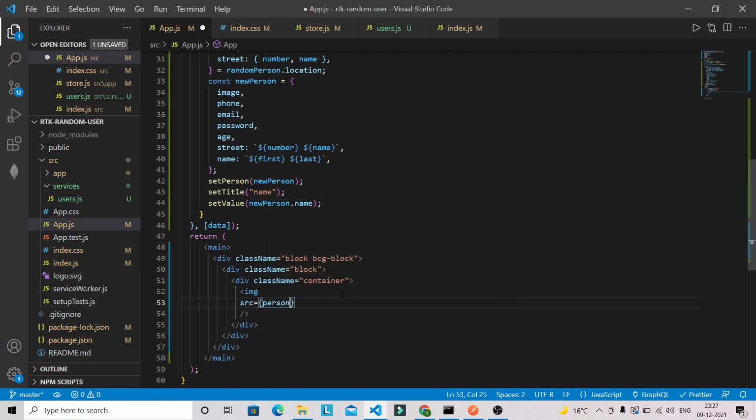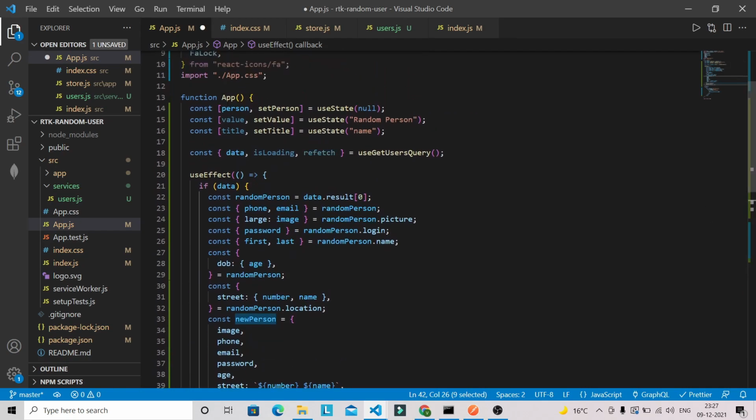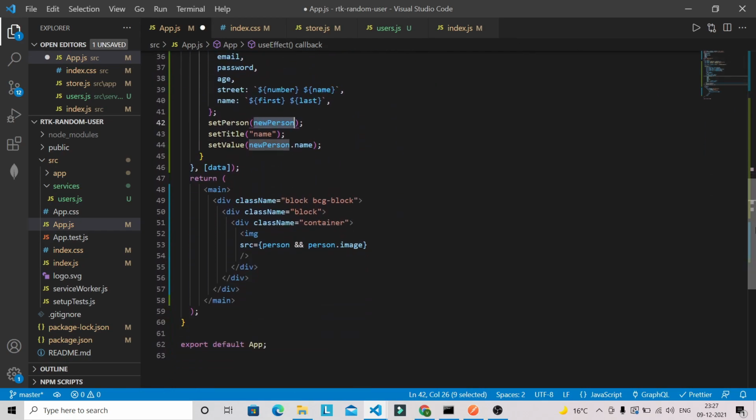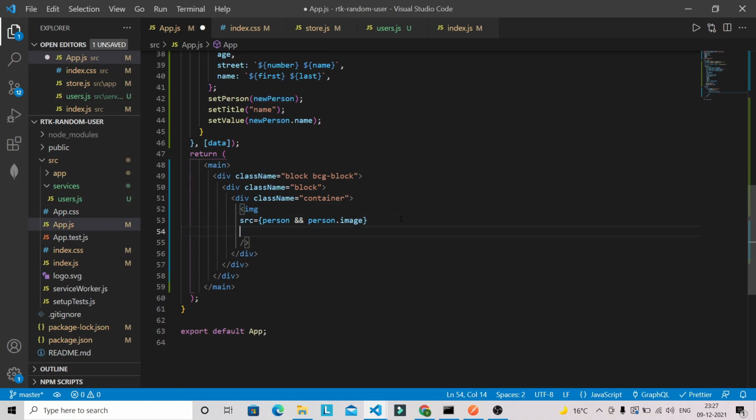So if we have the person, then person dot image, because inside this set person we have our new person, so we are going to use this person value. Now after that alt. So if image is broken, then we can just display some random value, so random user, and we are going to have a class name with user hyphen img.